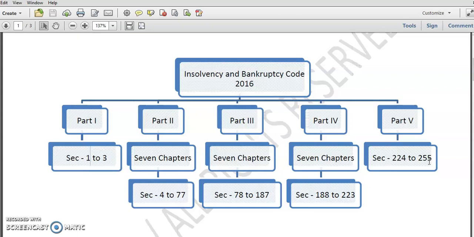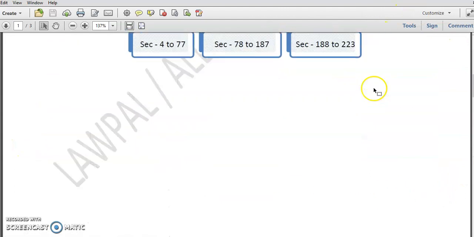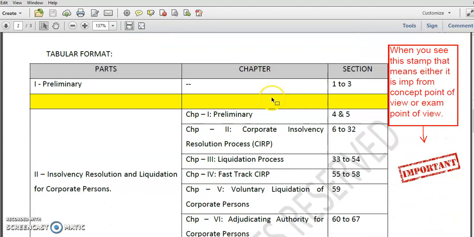As I have also informed you in my earlier videos, some parts of this IBC are yet to be notified, but the entire code forms part of the syllabus. So we have to read all the sections of IBC. Below is the tabular representation of IBC, just for your ease of reference to make you understand better